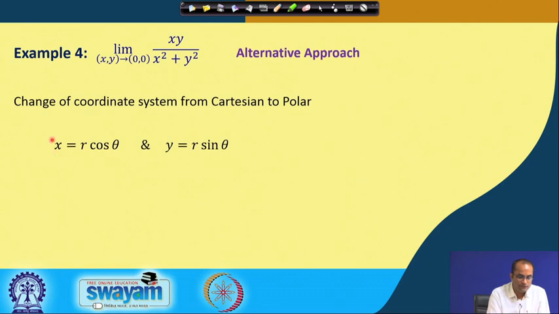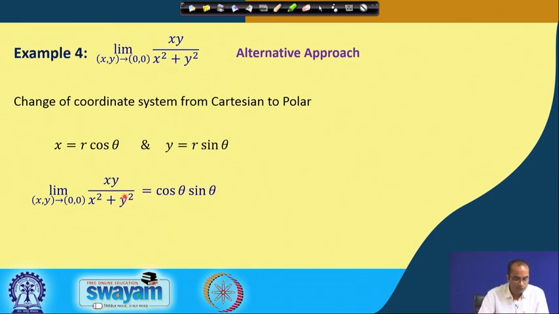So, we will now be working in the polar coordinate system. The limit as (x, y) goes to (0, 0) of xy over x square plus y square will be given as sin theta cos theta, because we substitute x as r cos theta and y as r sin theta,